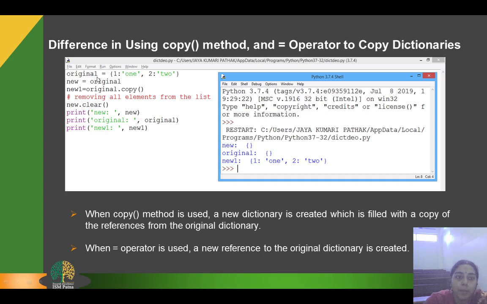See in the example, here I have taken the original dictionary 1, 2. I have copied the original dictionary using the assignment operator into new, and I have copied the original dictionary using the copy method into new one. Now I have cleared the elements of new.